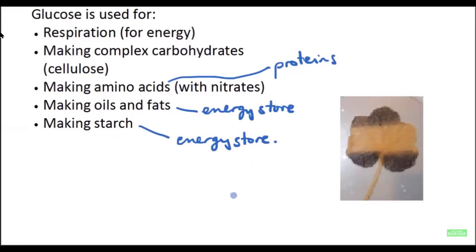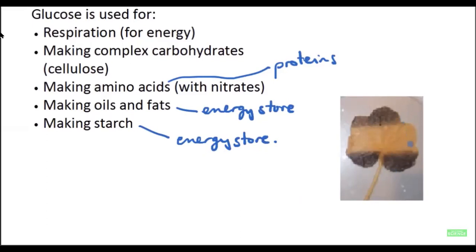And we can actually do a test for starch to check if a leaf has been carrying out photosynthesis or not. So you can take a leaf and you can cover part of the leaf so that no light gets to it, and then you can test it to see which parts of the leaf have been doing photosynthesis and which parts have not. So first, before you actually test the leaf with iodine, what you have to do is strip the